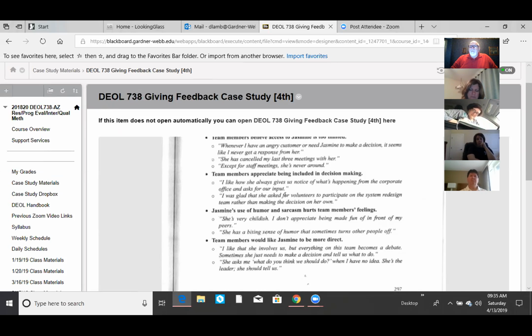That's kind of the trick of this case study: what do you do when there is nothing positive to say? We know that we're supposed to start with the positive, then slip the bad stuff in the middle, and then end on a positive note. The trick of this case study is there is no positive note. What do you do now, hero? What do you do when you walk into a place? Obviously, it's not going well, or she wouldn't have called you. The feedback is this negative